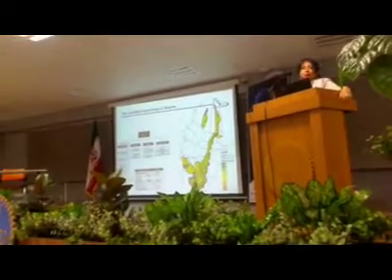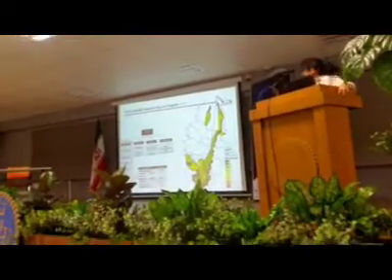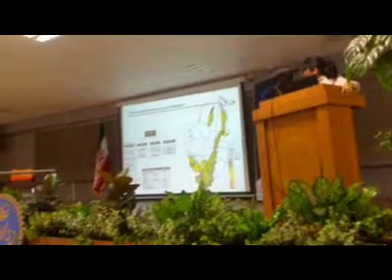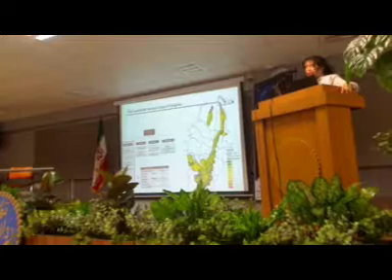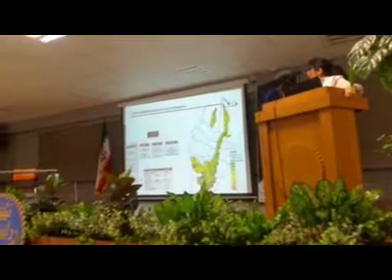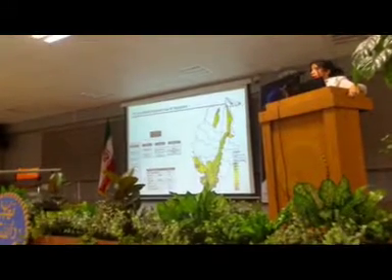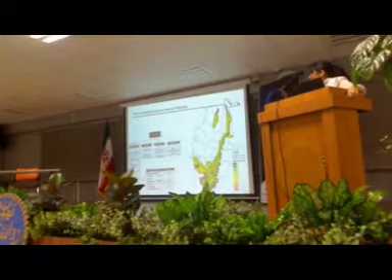And also the road status. If a road does not have enough pavement, 80% is not paved, then